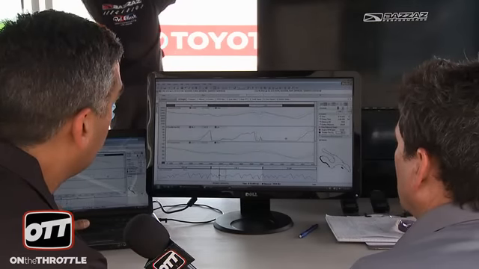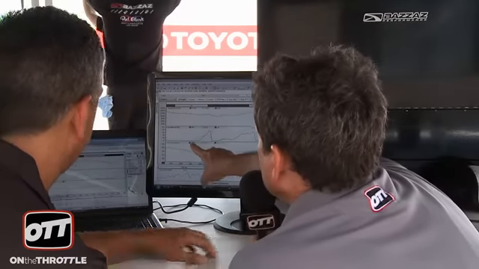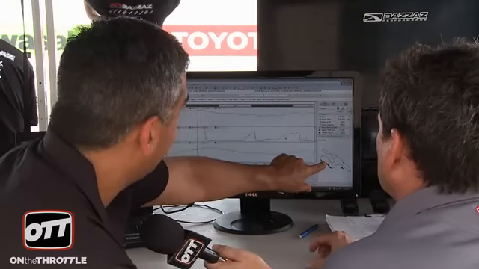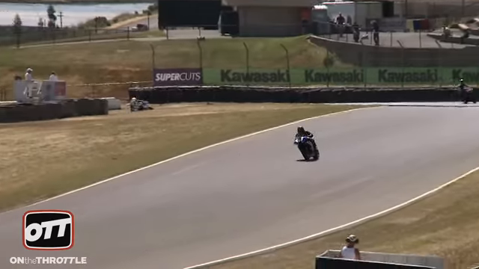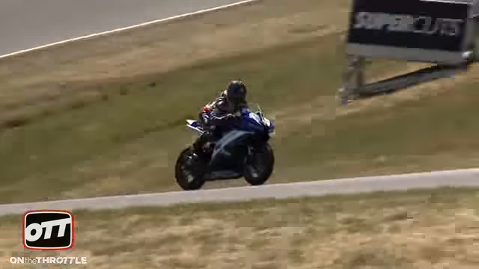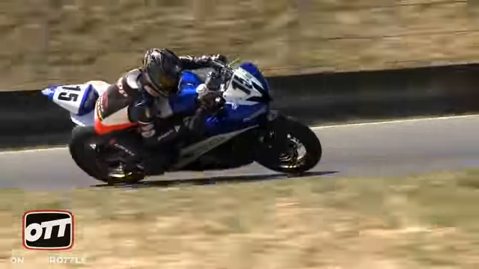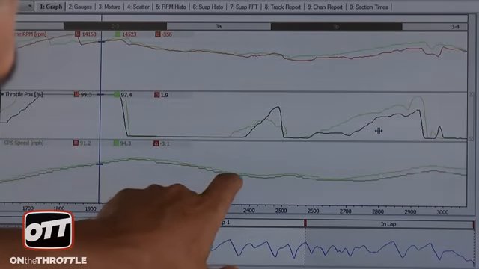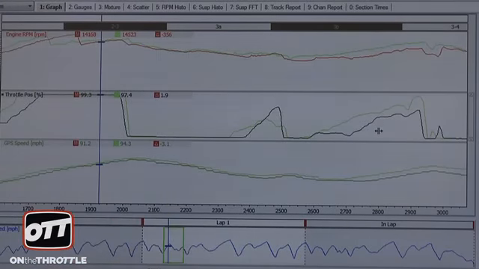So we move forwards. Now wait, back up. Where is this turn on the map? 3A, that's that corner there. So as they come out of 2, they're accelerating, they're shifting up through the gears. This event here is where they chop the throttle and go to the brakes. And you can see they're cutting the throttle at about the same time. And as they come into the corner, they're about the same speed. Steve's a little bit faster, but